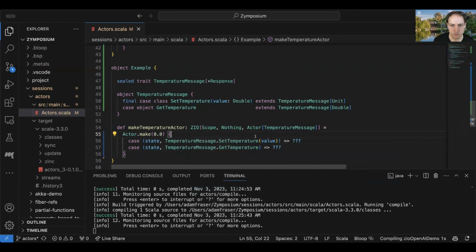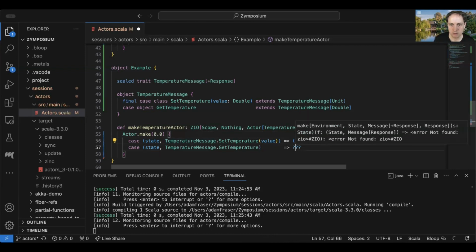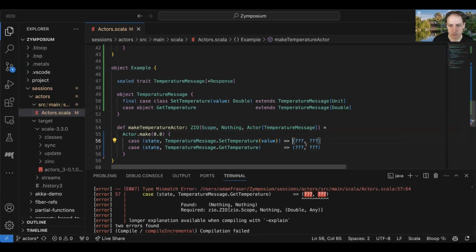Okay, so far so good there. And then let's think about our logic for each of these. So if it's this, each of these, we actually need to return two things, because we need to return a new state and a response. Oh, we need to return a ZIO of this, excuse me. So let me start with just ZIO.succeed, two empty things, and we can do more in a second.